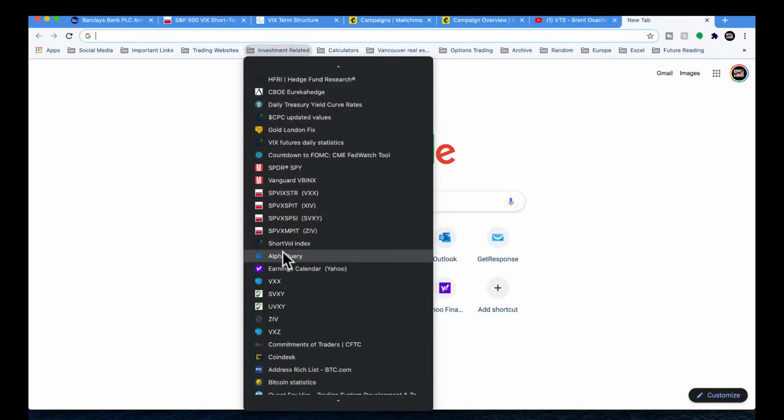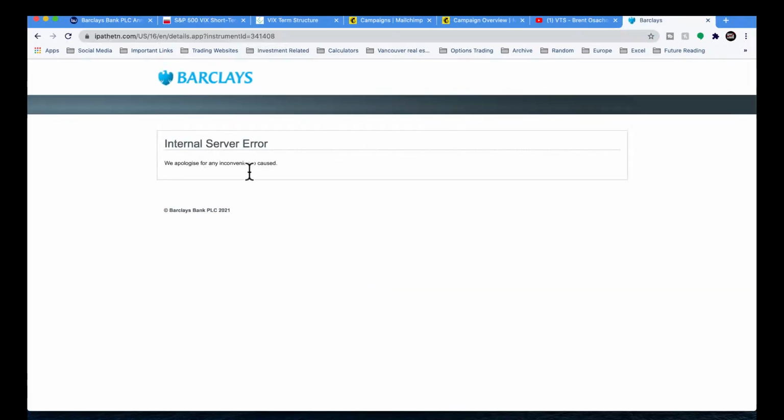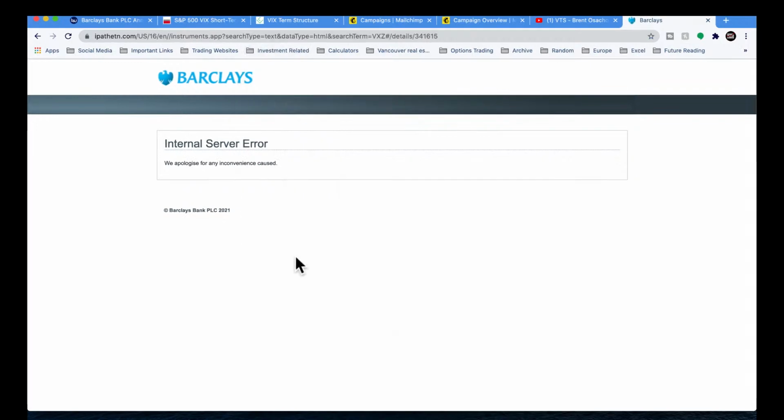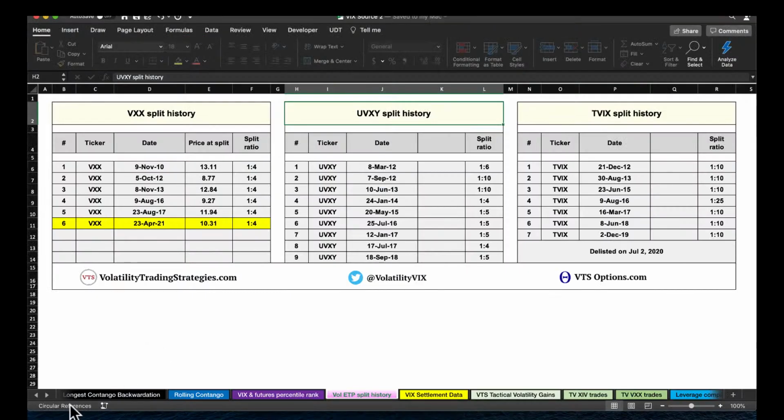You can always go to the actual website for VXX and you can see what they are holding at any time. Hold on a second. Let me see if I can go this a different way. No, their website seems to be down. If you go to their website, you can actually see the exact percentage of what they are holding. It's not terribly important, but